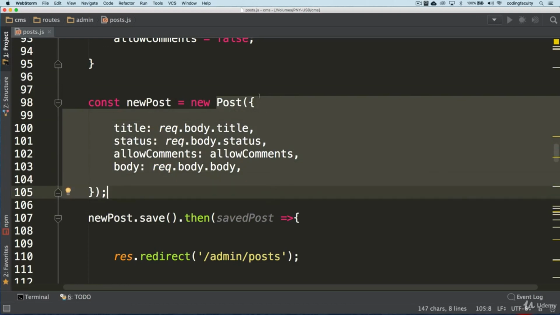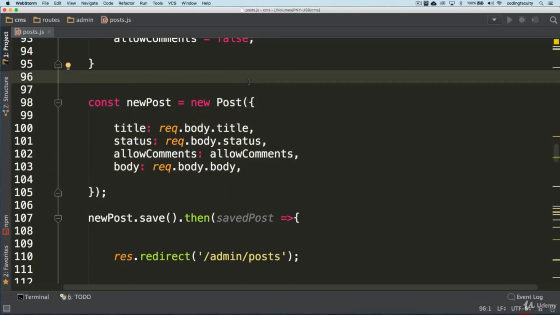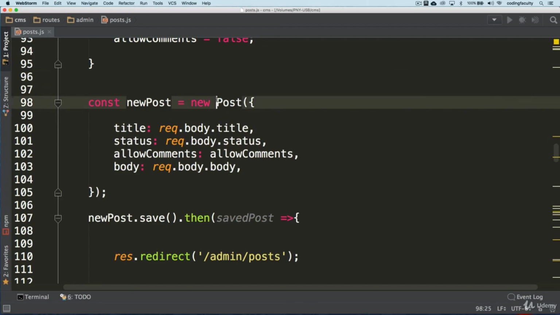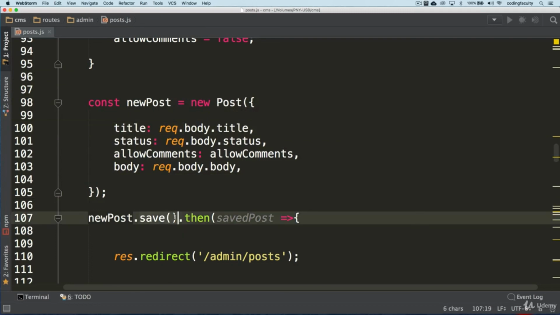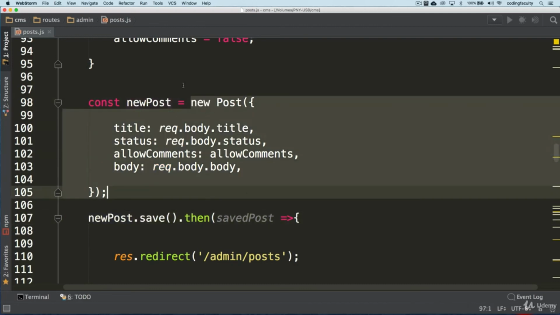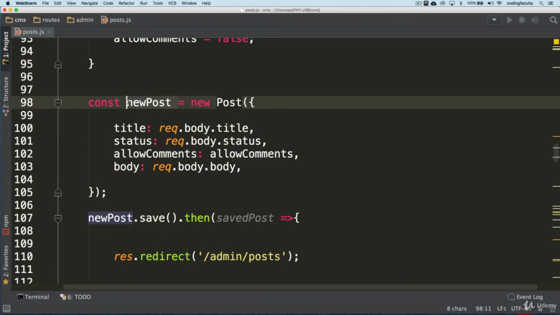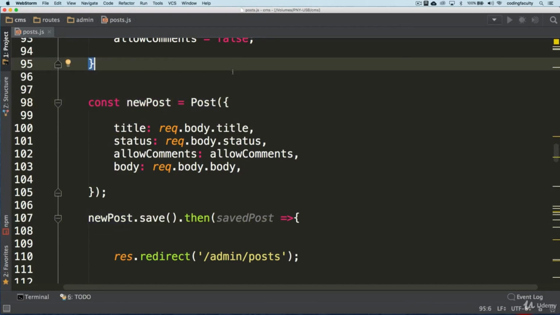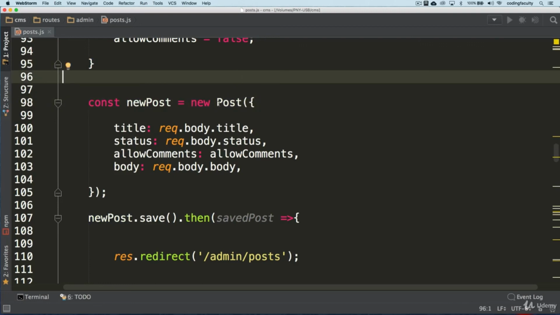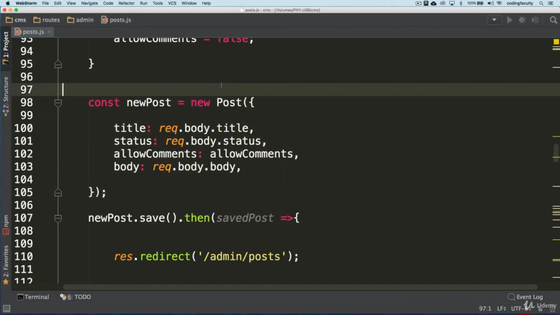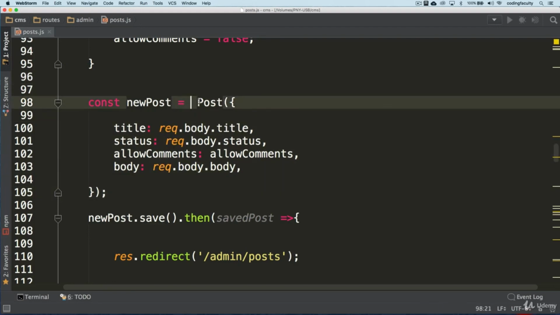If you guys know a little bit about object programming, and you should, we have this model that has definitions with properties and pre-built methods from Mongoose, and basically we're using that new instance, okay, that we have right here. That's what we're doing. And the new keyword is signifying that we don't really need it in this case, but we are going to be using it. So if you're not using it, make sure you do. And if you see me not including it, go ahead and include it yourself.